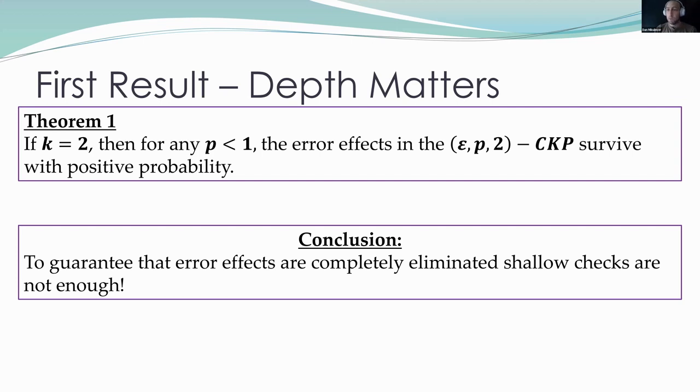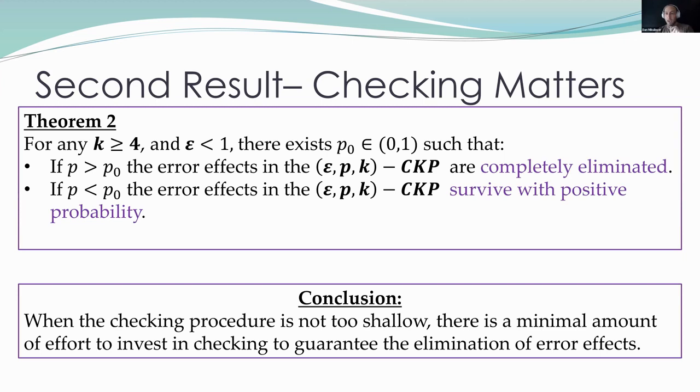Now, it turns out that this is a unique property of very shallow checks, because our next result identifies a phase transition for non-shallow checks with respect to the checking parameter P. Formally, for any depth of checks k which is at least 4, and any non-trivial epsilon, any non-trivial proportion of errors, there exists some threshold, let's call it P naught, such that if the proportion of checks P is larger than P naught, then we can ensure that errors are completely eliminated in the CKP. And otherwise, if P, the proportion of checks, is smaller than that P naught, then the error effects may